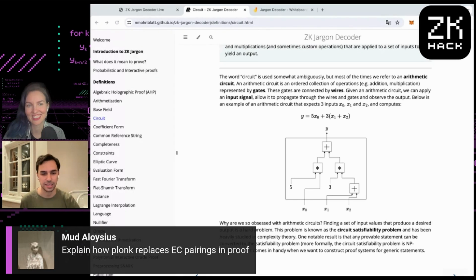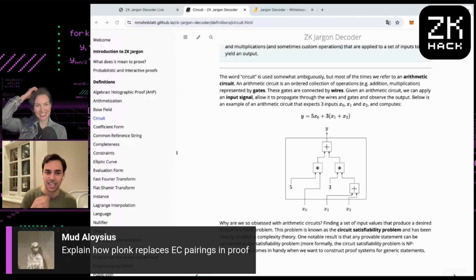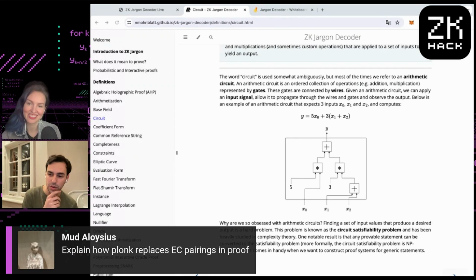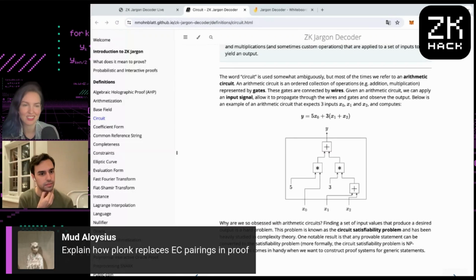Okay, so actually, let's dig into it. The pairing doesn't come from Plonk, the proof system. It comes from the commitment scheme. You can commit in other ways, and you can plug that out and replace the pairing. The proof system itself doesn't need that one multiplication. But how this works now gets into how Plonk works, which we don't have time to cover.